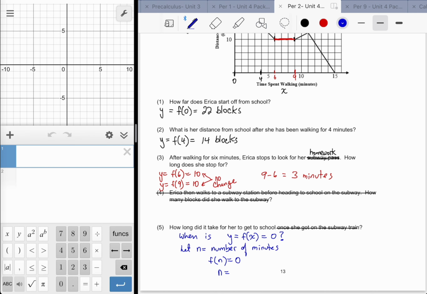We've done that before. We even used the Desmos to figure that out. So if we had equations for this, that might be something I would do, like create a slider, figure out the n value that gives an f of n equal to 0. But here it's really just saying, all right, well, if f of n is the y values, or f of x is the y values, then I'm just looking for the instance at which the y values are equal to 0. That happens on the x-axis, and it happens at this location,